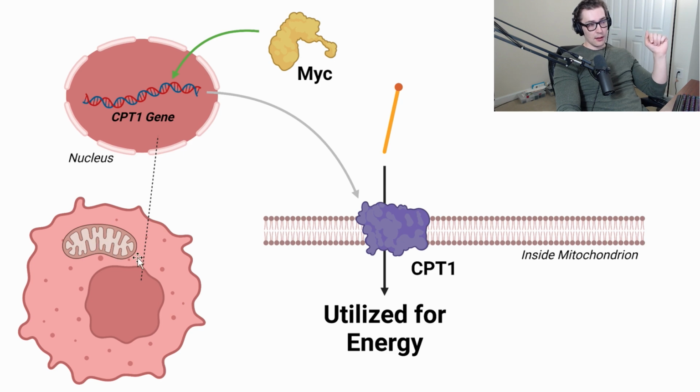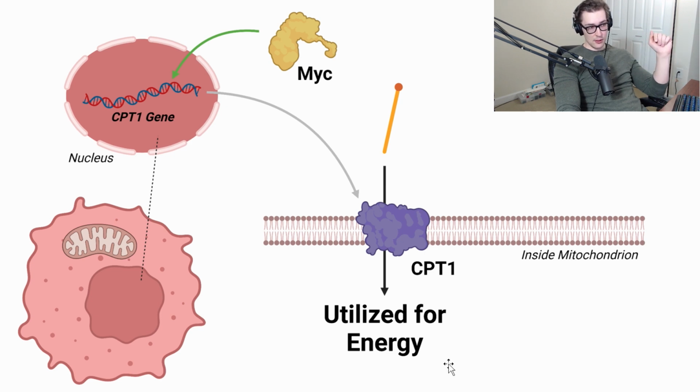Here we've got, I'm making this as basic as possible, our mitochondrial membrane, or one of them, the outer mitochondrial membrane, and we've got this protein that is embedded into the mitochondrial membrane. And this protein, known as CPT1, will allow, in a really basic sense, fat molecules that are inside the cell but not inside the mitochondrion into the mitochondrion, and typically then they're utilized